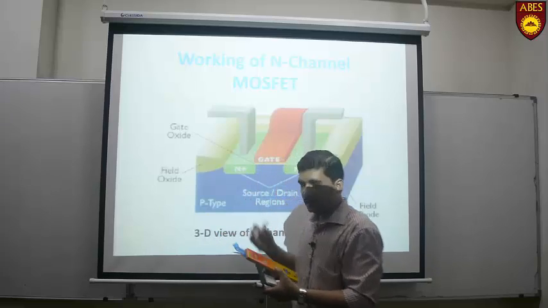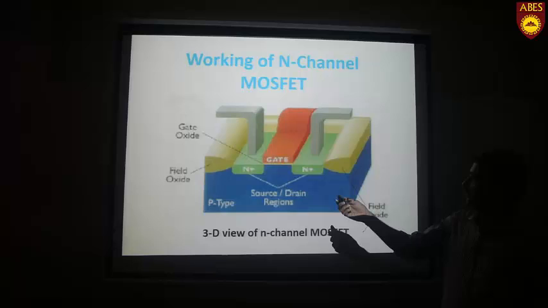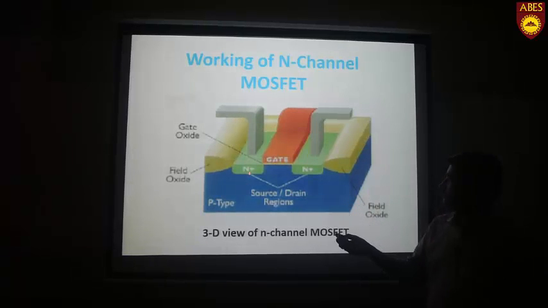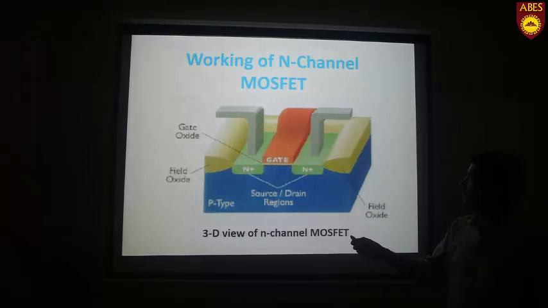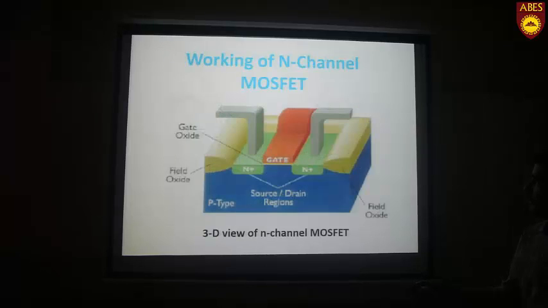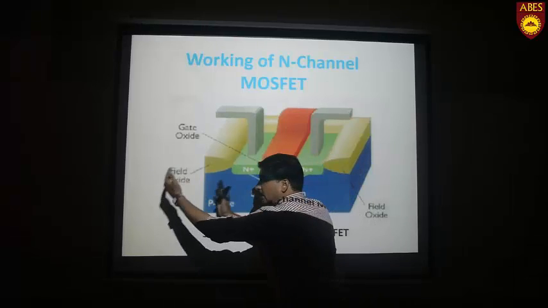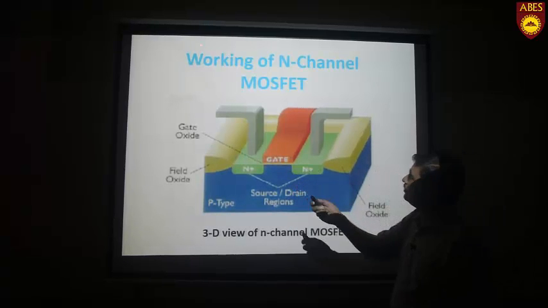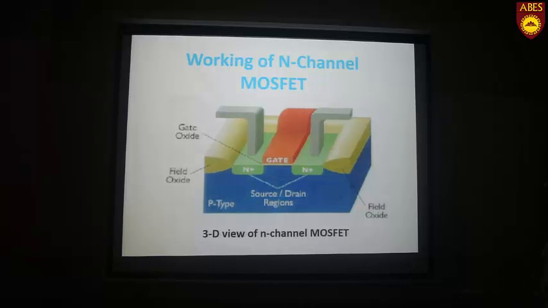Now coming to the slides. Here we can see, as we have seen, that these are two diffused regions which are called drain and source, and in between there is the gate. Again see the same diagram in another view. Here I have just omitted one region, this outside region. This is actually the isolation region, just to isolate this one MOSFET from several other MOSFETs. So I have taken only the region which we use to explain the working of this MOSFET.